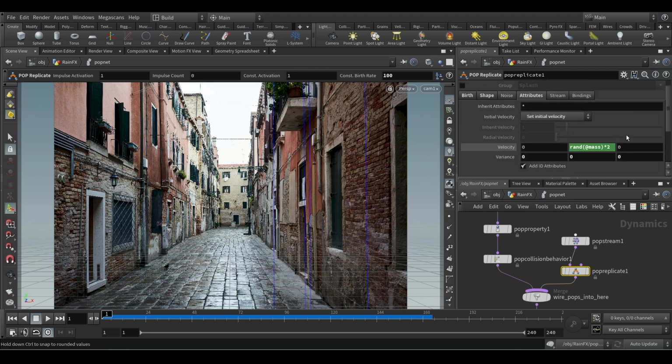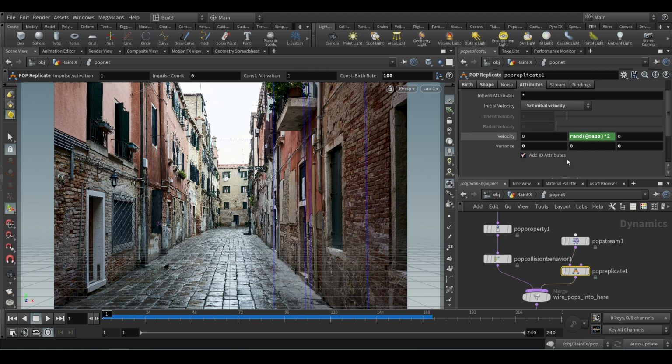In attribute, I changed one thing, so I can keep variance 0.1111. And what I did in the velocity, that's what you have to know. Without this expression, you can keep it too. You have a beautiful splash, but I wanted it based on mass. So random mass, this is really simple.